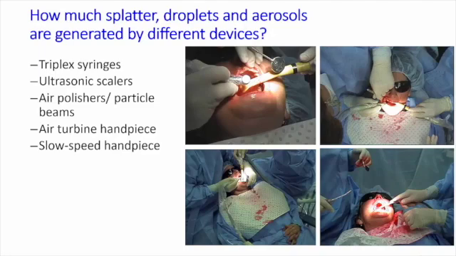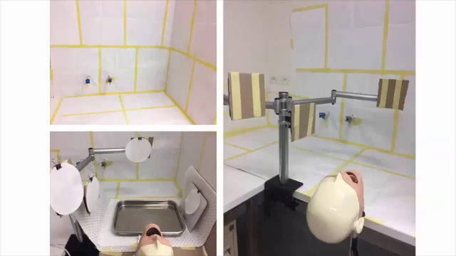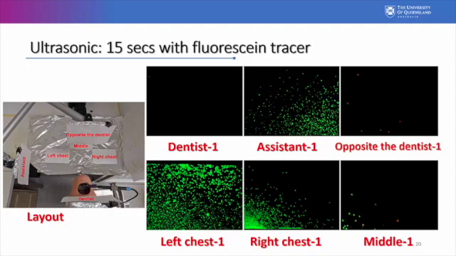If you want to pick up the small particles, you need a much more refined method, and we have developed such a technique. This just shows you setting up the booth where we have the phantom head, and then a couple of positioning devices to allow us to place various types of sensors and detecting pads. In a proof of concept study, we used some fluorescein tracer dye, and using a gel scanning device, we're able to detect nano droplets of this at different types of locations. You can see, for example, the area over the left-hand side of the patient's chest. In this particular example of using an ultrasonic, gets very heavily contaminated, but also there's some material which heads across